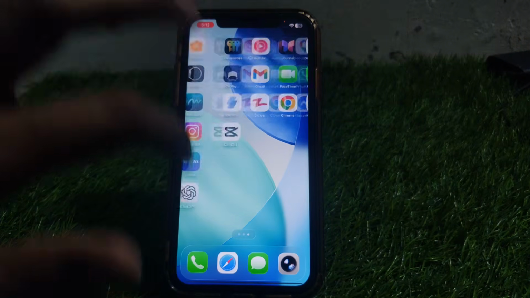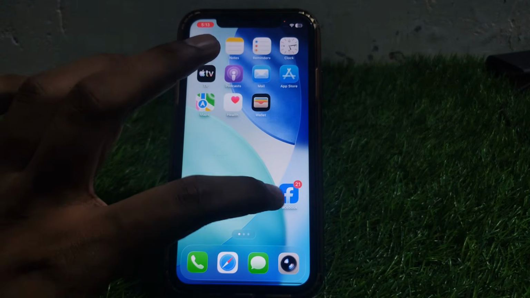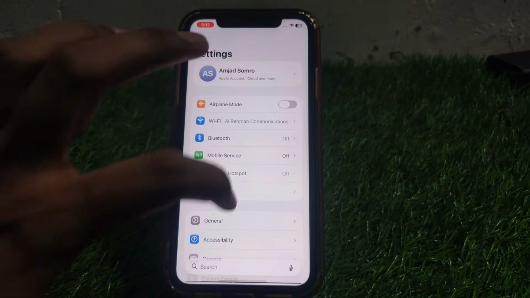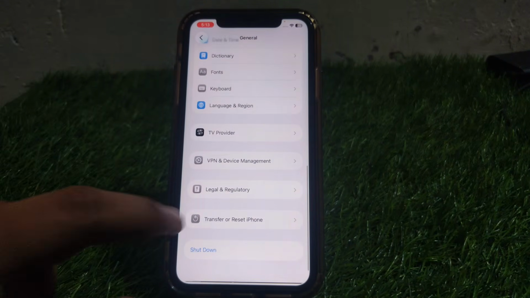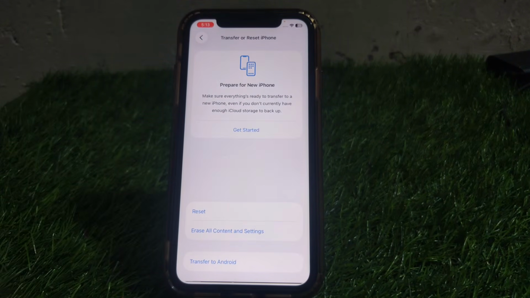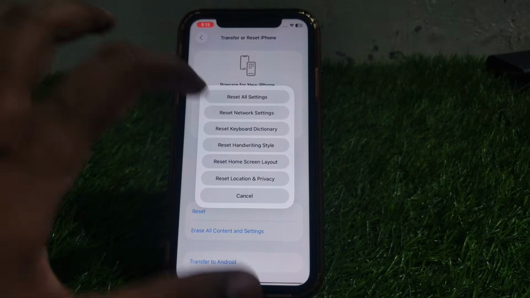So first of all, you have to make sure that you are connected to a proper Wi-Fi and internet connection. And after that, what you have to do next is simply go to settings, and here you have to scroll down until you find the option of general. In general, you can simply click on transfer or reset iPhone. In transfer or reset iPhone, you will find the option of reset,